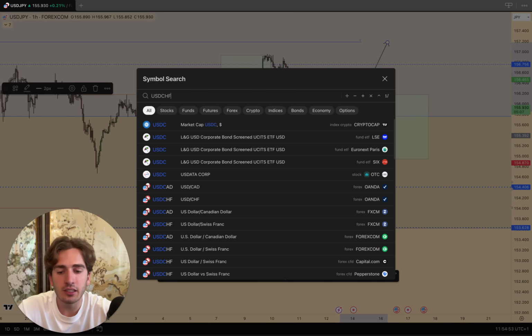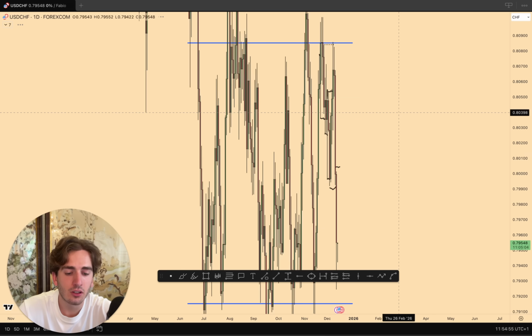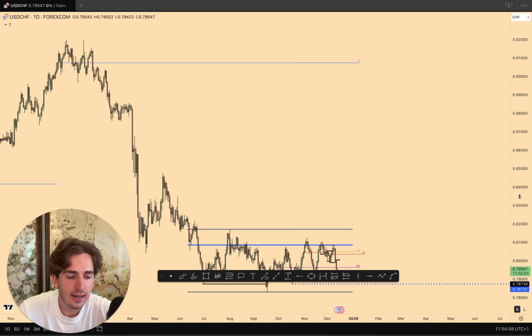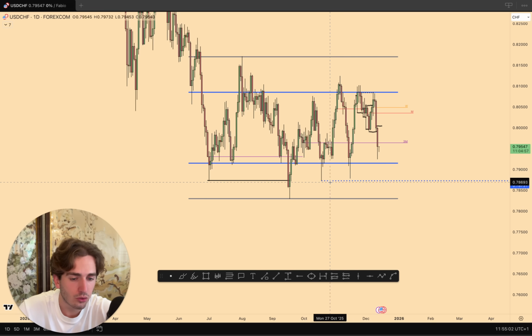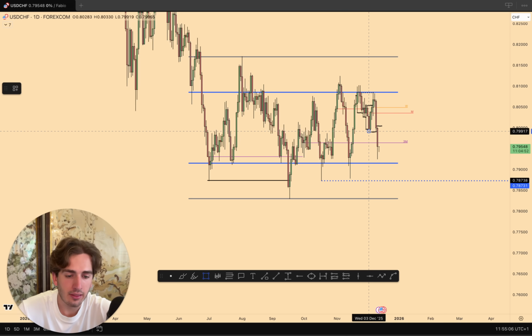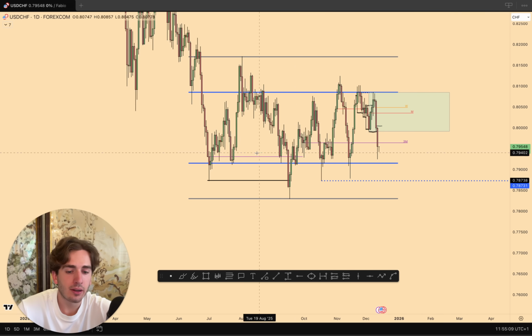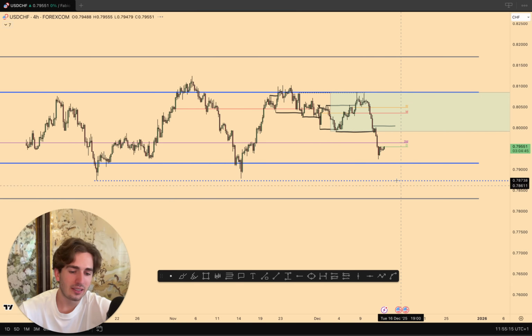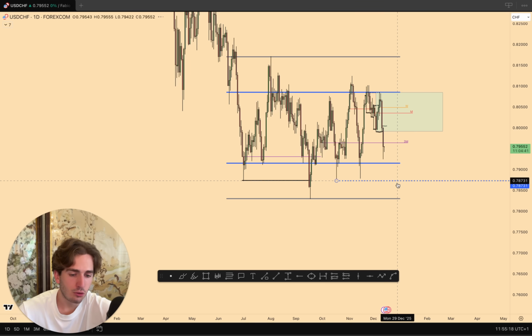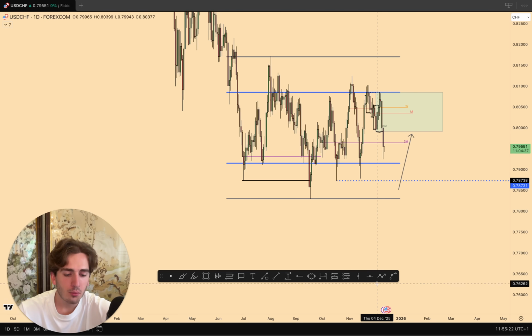Going into USDCHF, still expecting further downside to take out the equal lows here eventually, which is the blue dotted line. Not really much or anything else to say than that. It's a relatively consolidated pair, as we can see. It's ranging. I don't like ranging pairs. I prefer to trade trending pairs. So ultimately, I'm just waiting for the lower bound of the range to get hit again, this blue dotted line, from where in the future, again, we could look for maybe a bounce. But for now, short term, still looking for further downside.